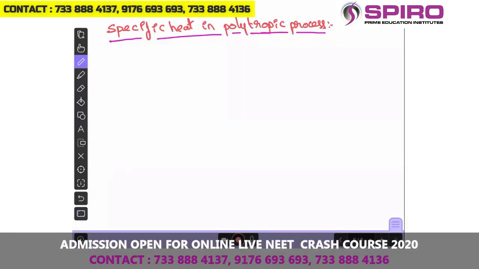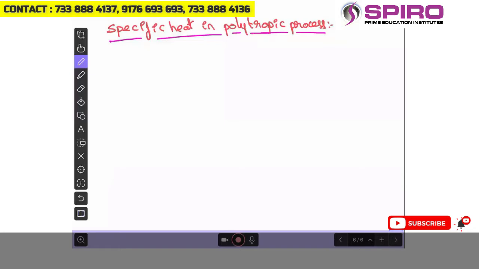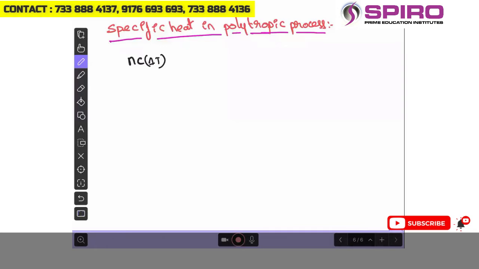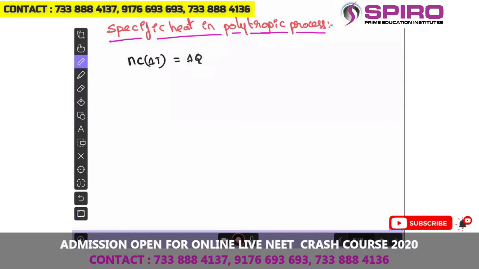This is given and a longer derivation is there. I am just giving you the result of this equation, that is n C delta T is the delta Q. I am going through the first law of thermodynamics. n C delta T is delta Q here, n Cv delta T will be the internal energy rise delta U,